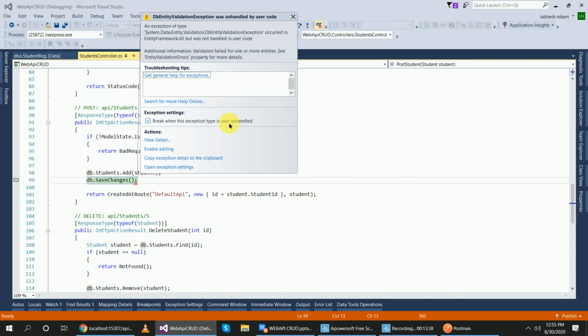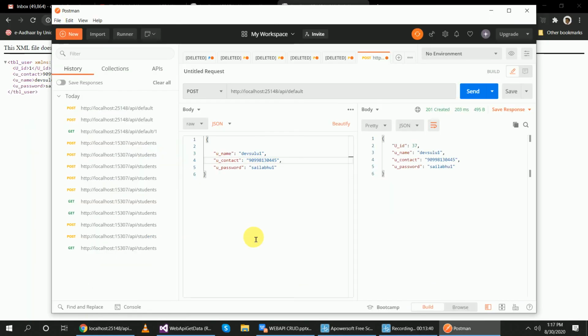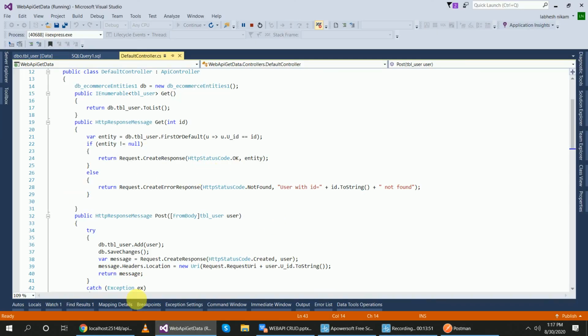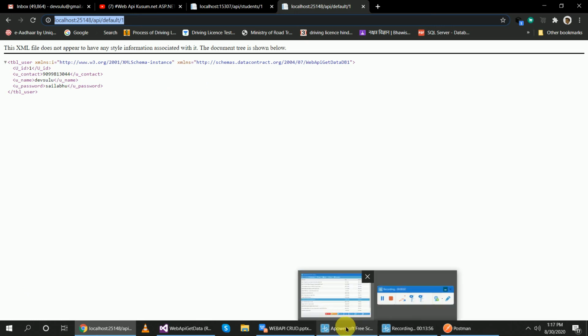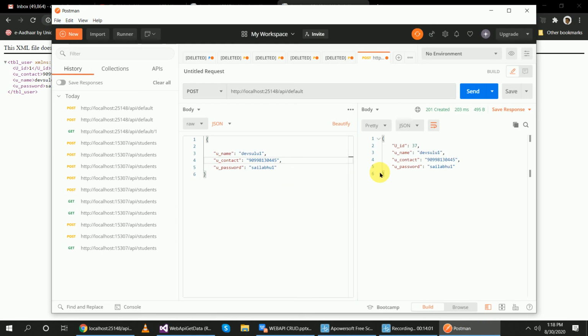There is an error, guys. I have taken another application because in that program I have programming errors, and to solve that there is no time. So I have taken a new program and run it here. Select that localhost, and inside of post I have linked here. So I am using post here, and you can check here. If I want to get data, I can get it here.